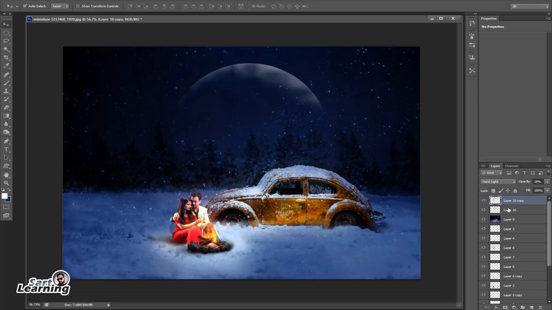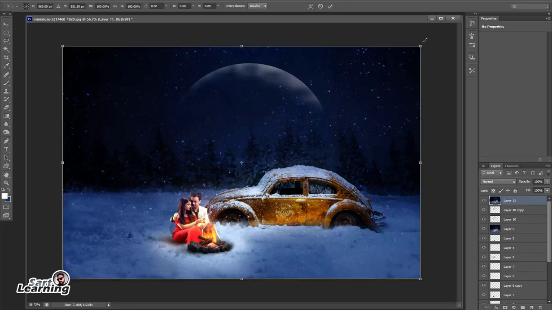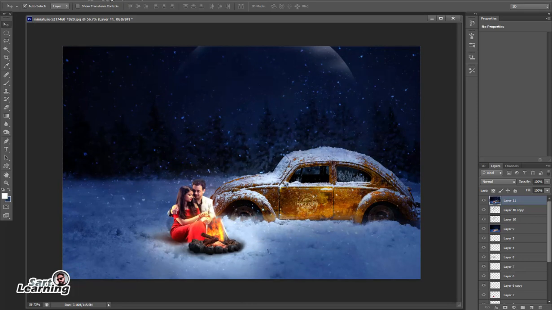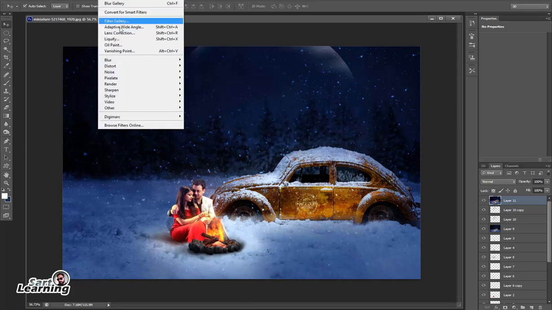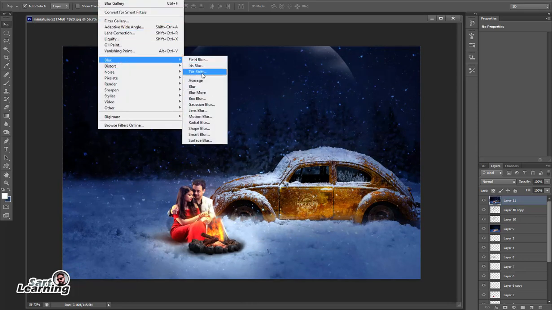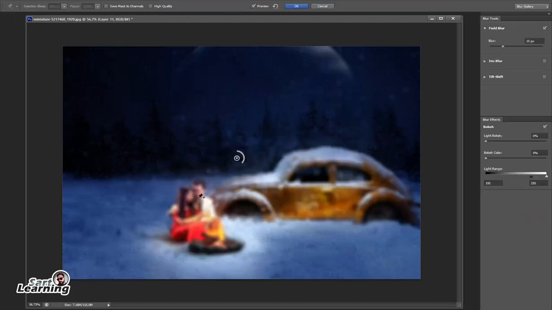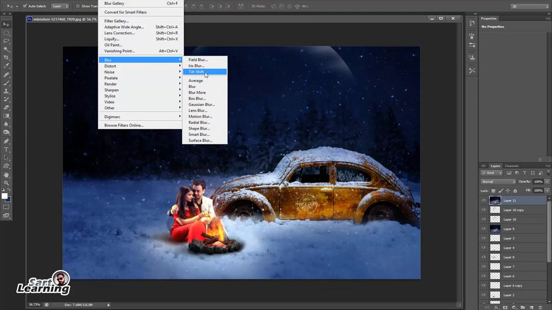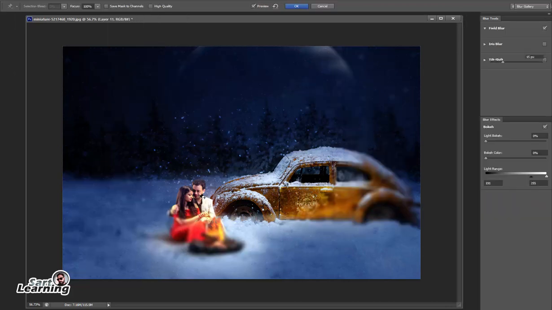Now time to again merge all the effects into one image, scale out and focus on the couple only. Now use the blur. You can use field blur or iris blur, but I think field blur is not looking good in this scene, so I take iris blur and place the center on the couple.